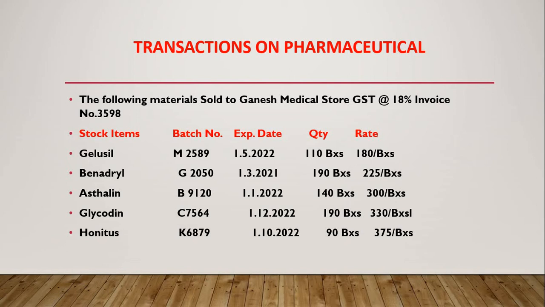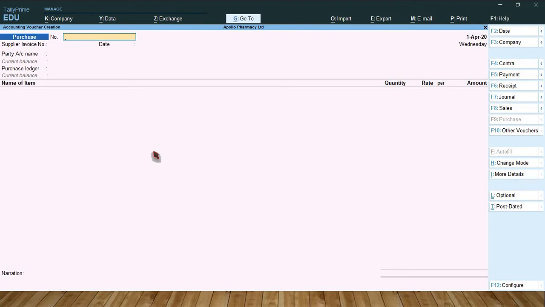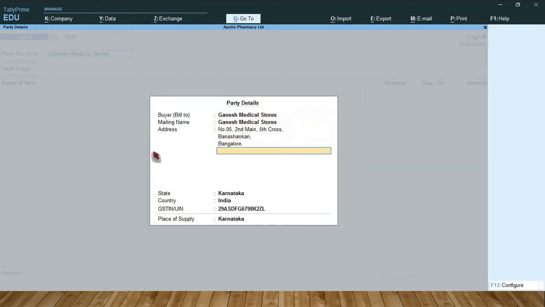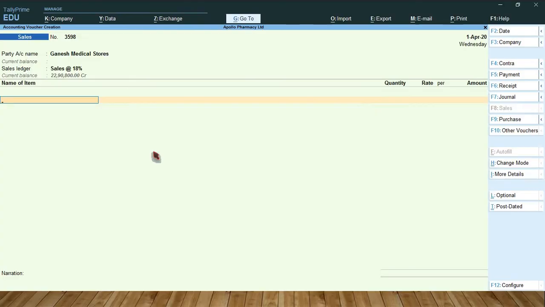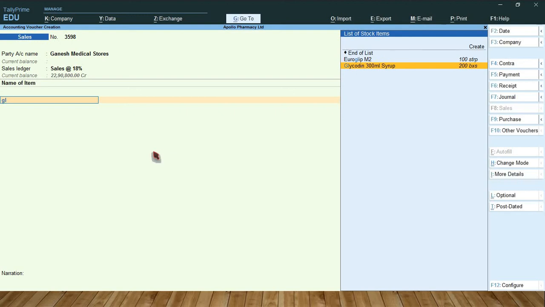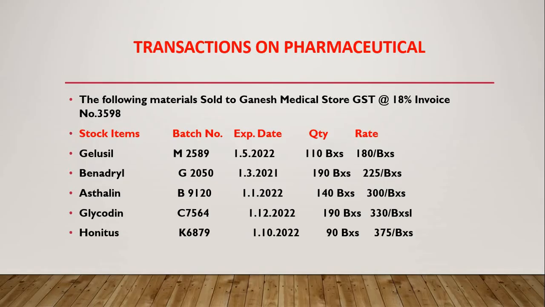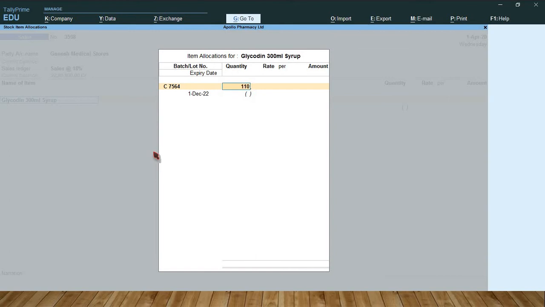So go to sales voucher, F8, 3598 invoice number, party account name, Ganesh Medical Store, sales ledger, sales at 18%, Gelusil, select batch number, type the quantity, 110 box, rate 180 per box.